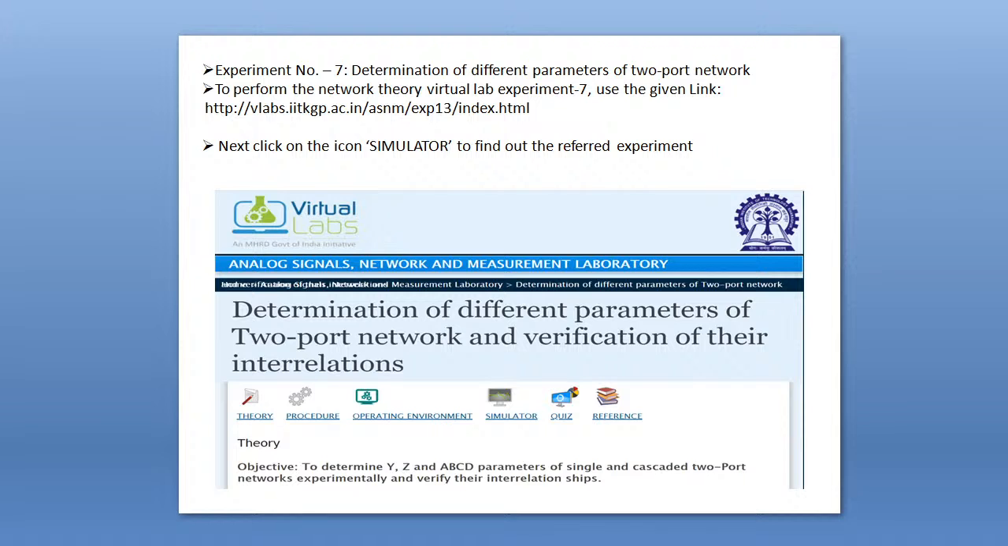Today we will perform a new experiment, experiment number 7, determination of different parameters of a two-port network. In the last theory class, we covered this topic. In this lab, you will determine the values of different Z parameters. To perform this experiment, everyone